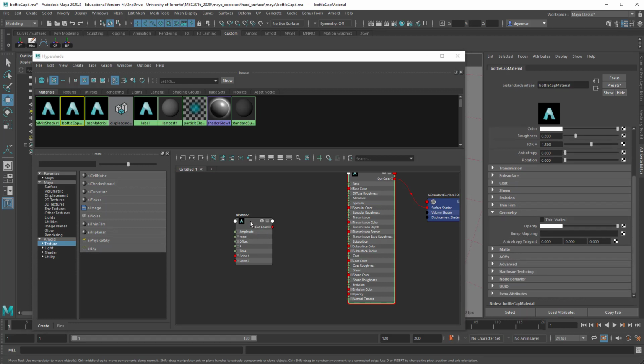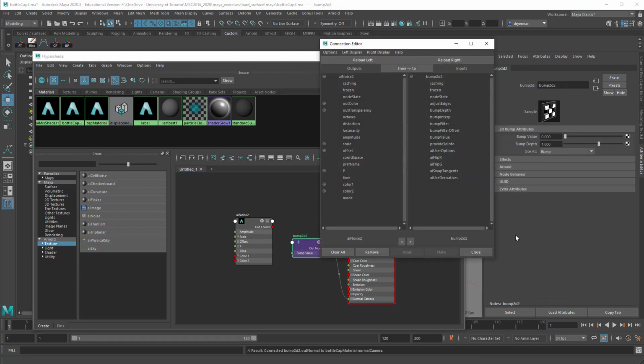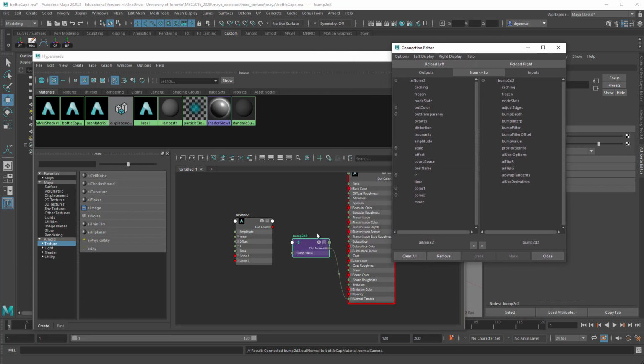If we middle mouse AI noise onto the words bump mapping, it will try and make a connection, and you can see it adds a new node, a bump 2D node, which takes this black and white value and puts it into the 2D space, into this thing called normal camera. This is where things have to be connected, because it compares the vector of the camera normal, the direction that it's looking,